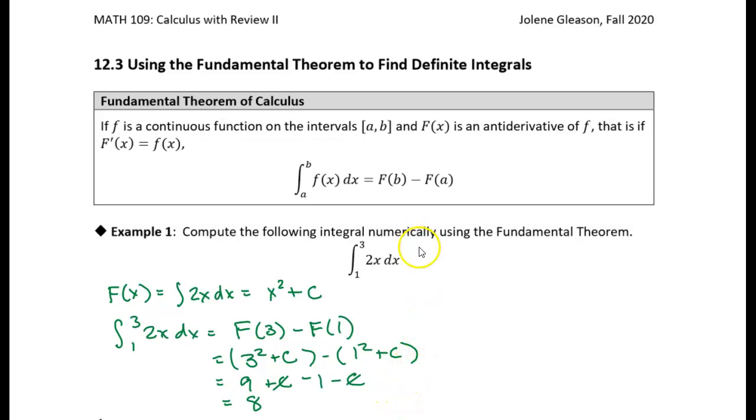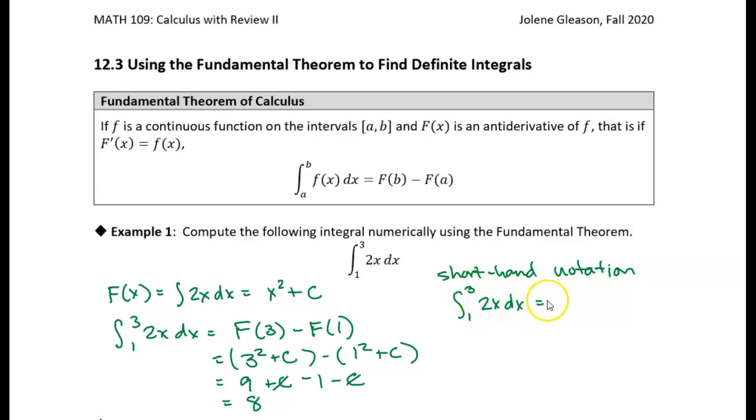So now there's a shorthand notation that is commonly used. Oops, notation, I gotta spell. Okay, so we can just write this as the integral from 1 to 3 of 2x